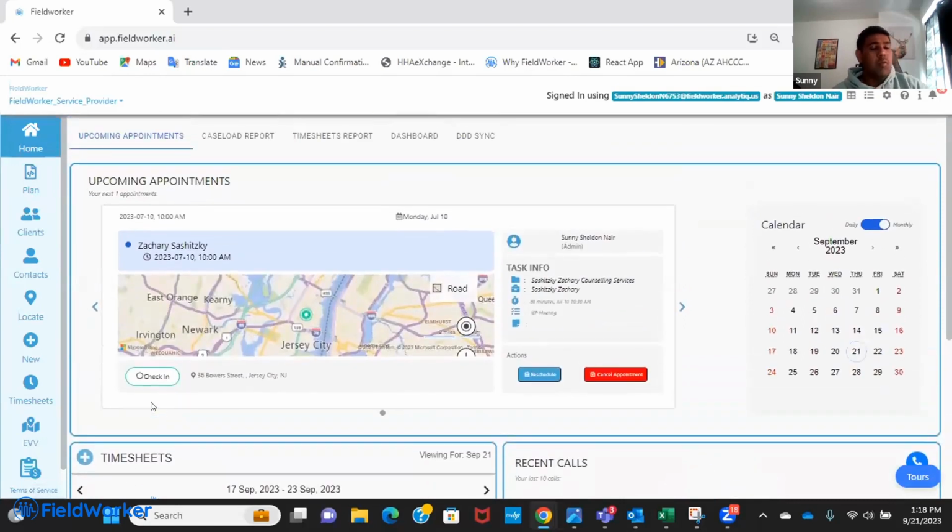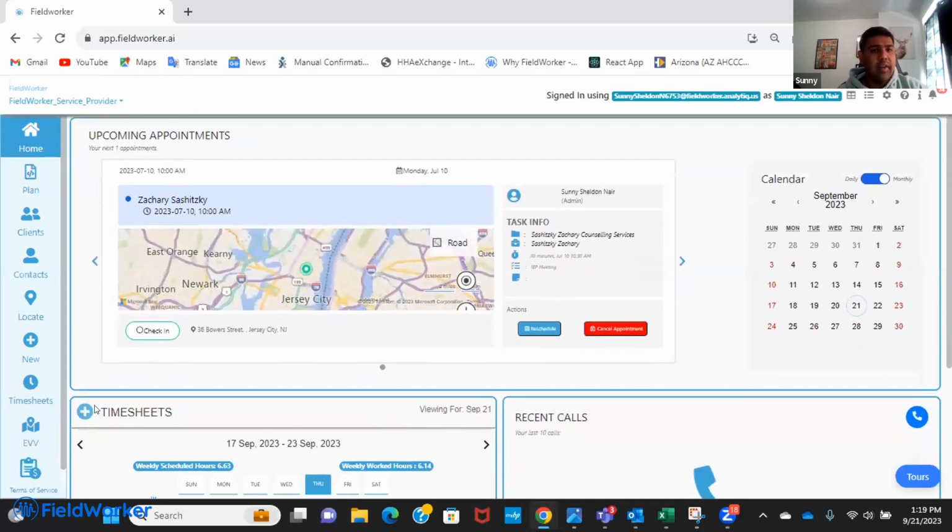We have two ways in which your employees can enter time onto the system. It could be either to a task, which requires a check-in and a checkout. We have a mobile app for that, and it's geographically driven to take care of EVV clients currently. So your employees can only check in and check out when they are at the client location. So that's one way of getting time into the system. The other is through the timesheets.